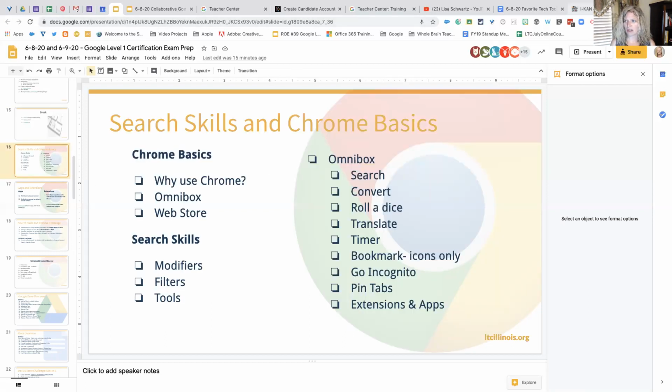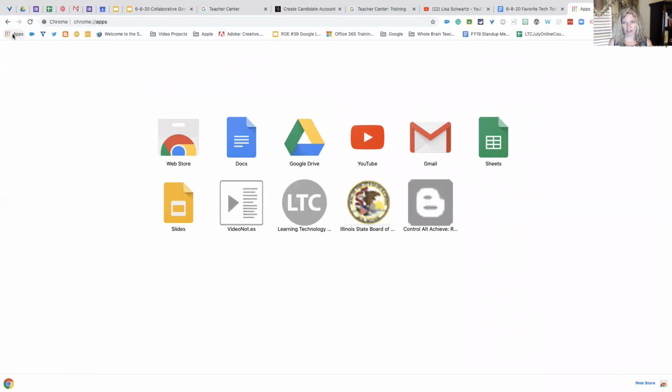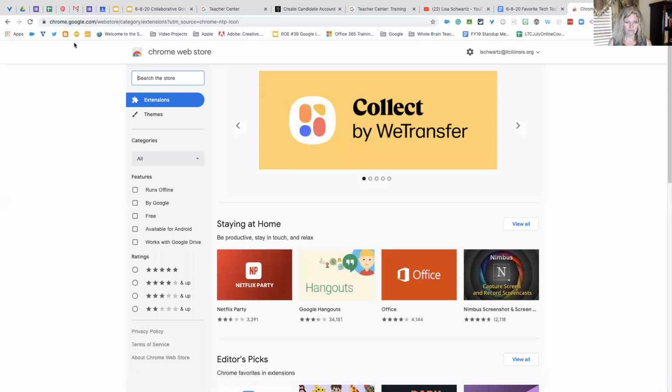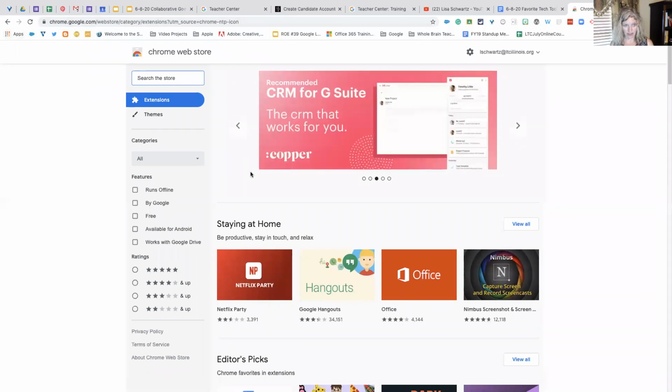The web store. Raquel showed us that she used the Magic Rainbow Unicorn add-on to change the font, and there are lots of different add-ons out there. If I go to a new tab here, I have a bookmark up here of the apps. So this is another way I could get to the apps. If I go to the web store here, if you don't have this bookmarked, it's just chrome.google.com. And you can see different extensions out there that you can use. So again, we're just touching on this. If you are brand new to this, I think I have a link in this slide deck to describe the difference between extensions,